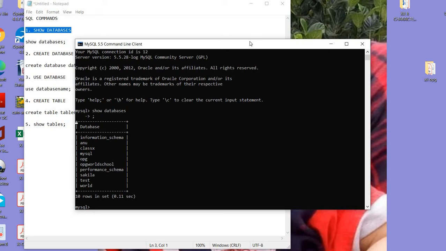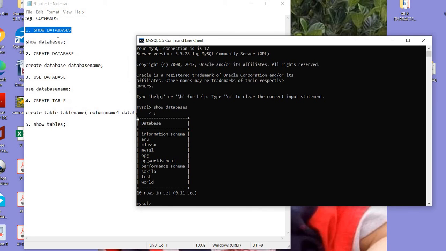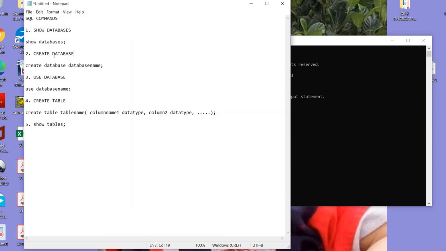Now if you want to create a new database, how will you do it? The syntax for that is create database database name. So create and database are keywords in MySQL, and database name is the name that I want to give for my database.